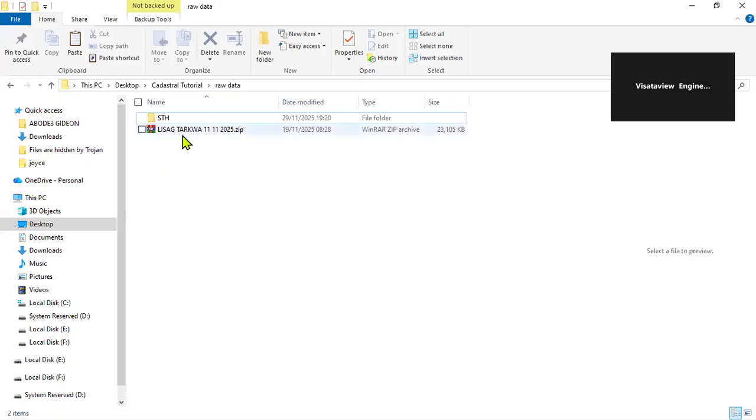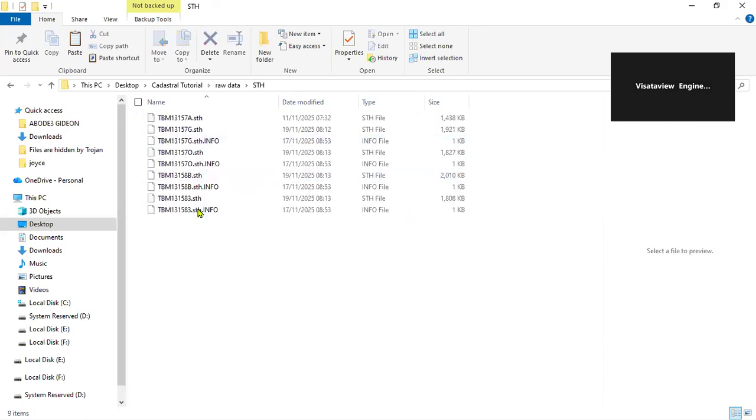Okay. I'll share data with you for you to use as a practice. So I'm going to use this particular data as an example. So when you download the data from your GPS,